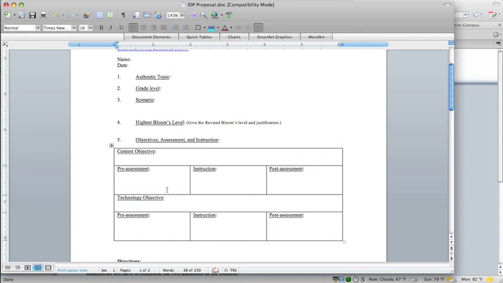Then give a brief description of how you will do the pre-assessment and post-assessment of the objective, not just an activity, but of the objective, and then how will you instruct pupils on that objective. Then give one technology objective, a 4-part objective that describes what technology product the pupils will create. How will you pre-assess, how will you post-assess this objective, and how will you teach it. Alright, let's go back